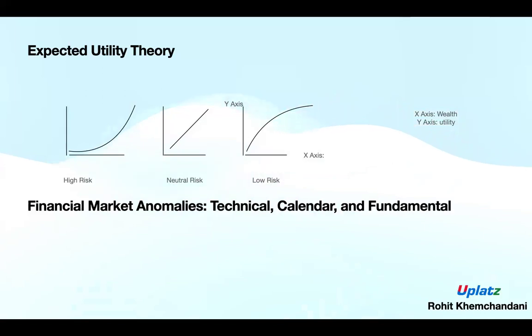In other words, in normal language, for the same amount of utility on the y-axis, a risk averse person would like to take a lesser risk compared to the risk loving person. So the risk averse person will try to take less risk for the same value of utility. So it explains the difference between investors' behaviors with respect to risk tolerance.